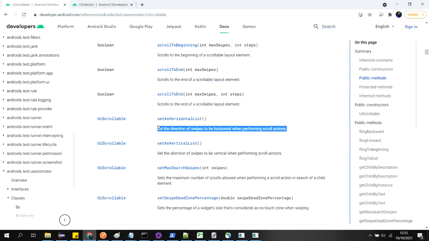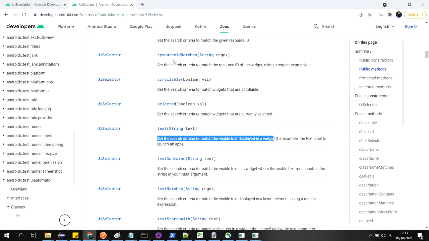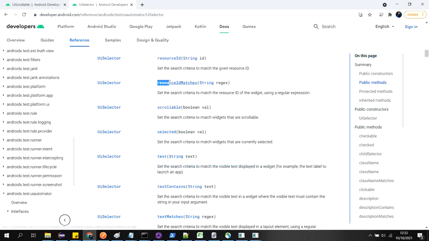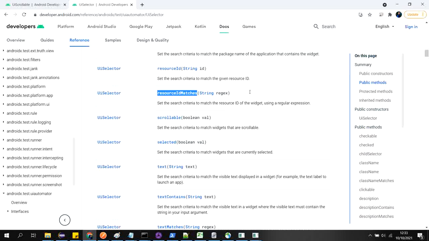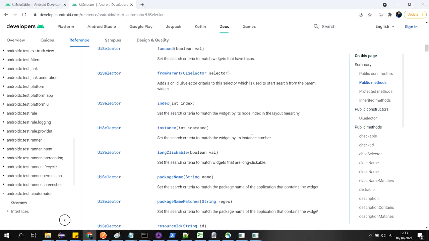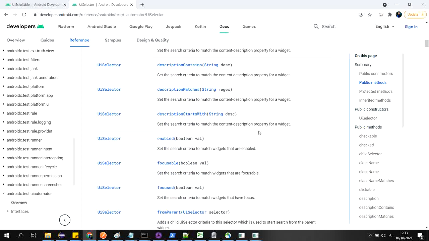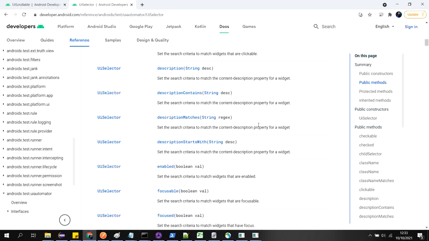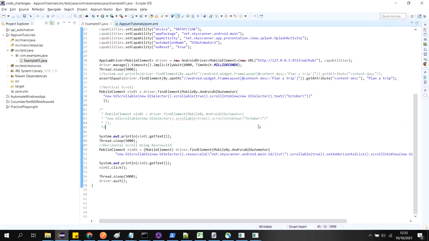Also, resource ID, sometimes we have seen in current applications that the resource ID is also coming dynamically, so based on that we can use regex. If you have, you can create a regex, you can use package name. Many things are available. Based on that we can write this string, we can create this string.